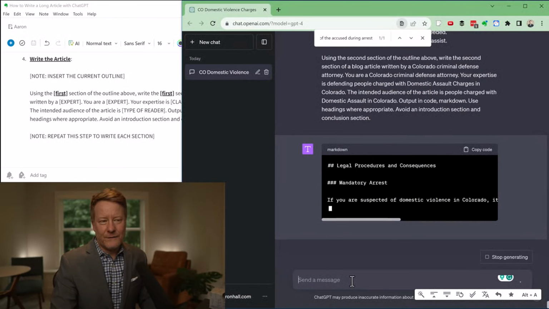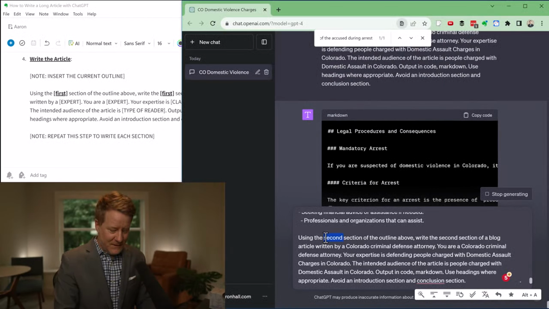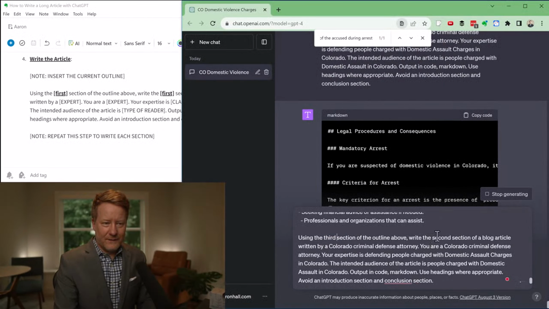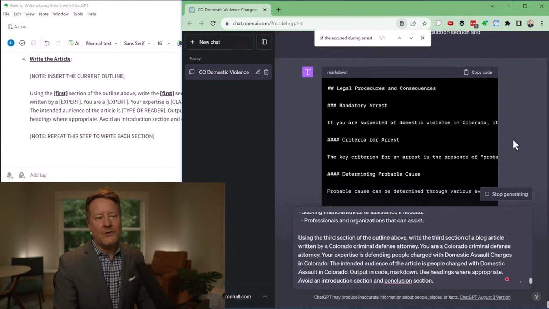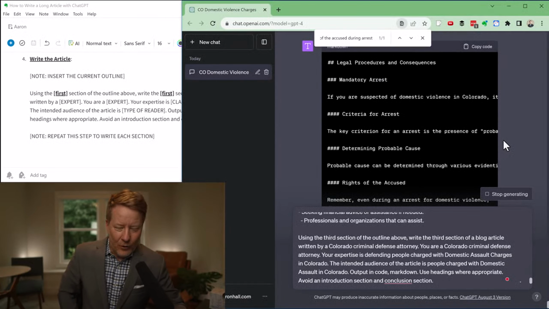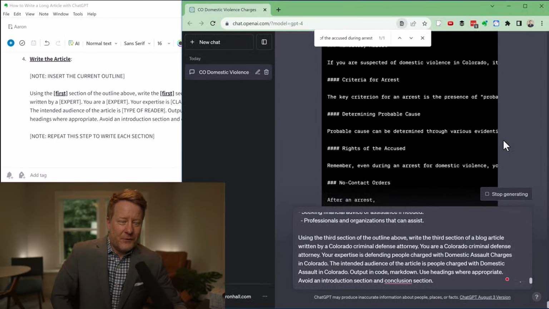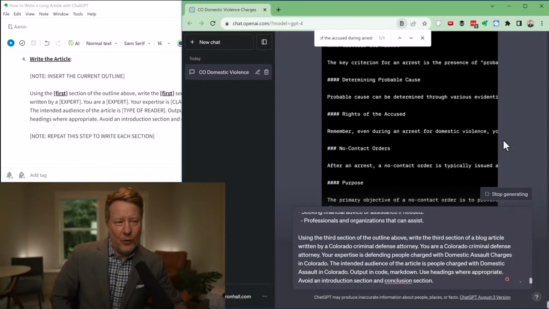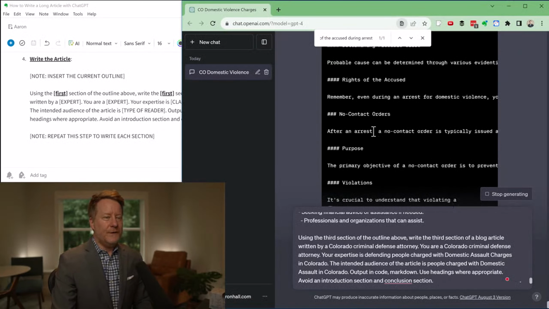And while that second section is being written, I can paste this in and get ready for it to work on the third one. ChatGPT is a little bit slow, especially when it comes to GPT-4. So we just need to let it finish writing.